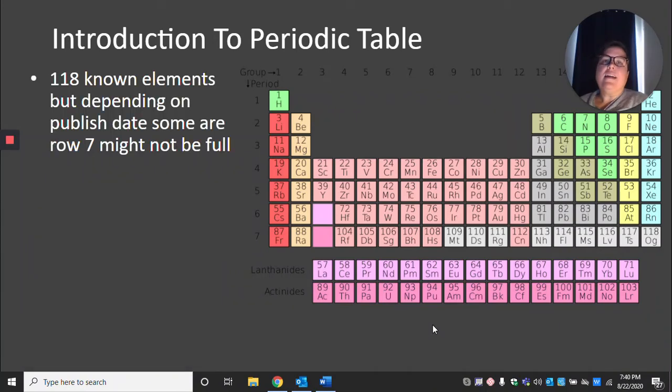So let's look at the periodic table and talk a little bit about it. We will spend more time in Unit 3 talking about the periodic table. First of all, there's 118 known elements. The periodic table that is in the reference table does not go all the way to 118 because the elements from like 113 to 118-ish were not clearly established until 2016, and the periodic table that's in the reference table was